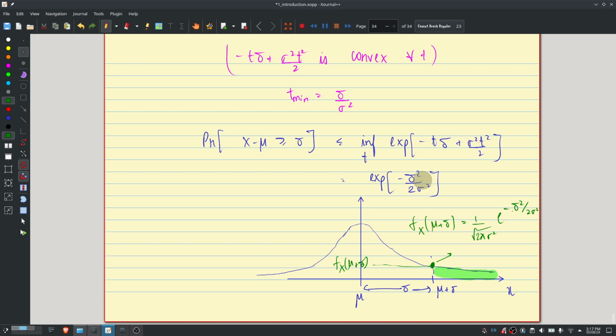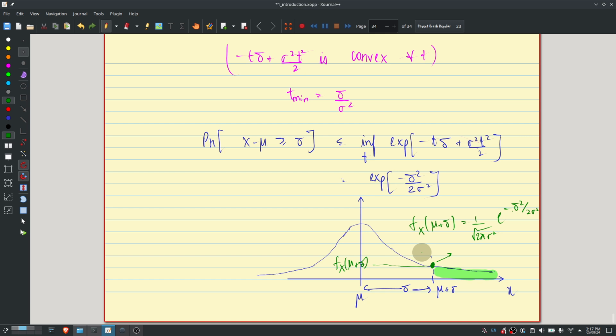This is not something that you will see for all random variables. These classes of random variables are rather special in the property that the tail is exponentially decaying. So as you increase delta, the probability that x is greater than mu plus delta decays exponentially in delta. In fact, it decays exponentially in delta square. And this is a particularly nice phenomenon that is helpful in some cases, and such random variables are called sub-Gaussian random variables because they behave like Gaussians.